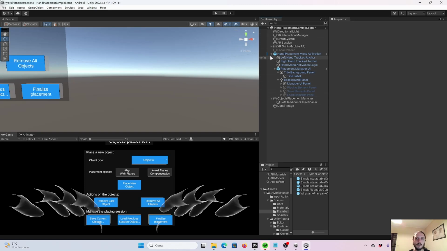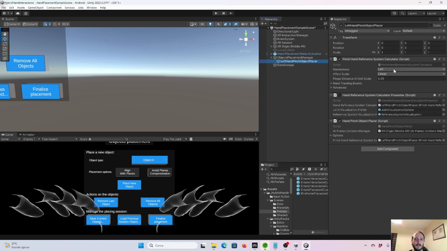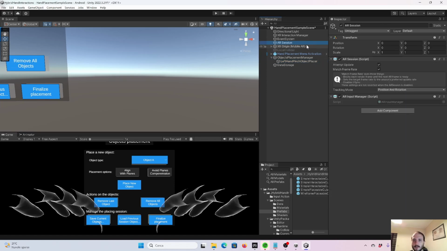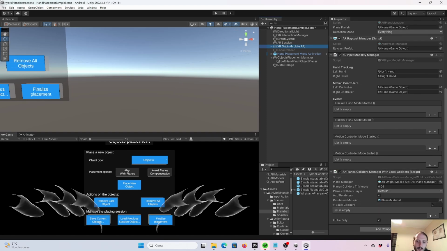So, summarizing, if you want to do your own placement, I suggest you keep the same UI, keep the same data storage, which saves on the player prefs, and the same placement manager with a pinch of your placer. You can select left or right if you want. Remove this debug UI with the presenter here, remove this local collider here, and in the airplanes colliders manager,